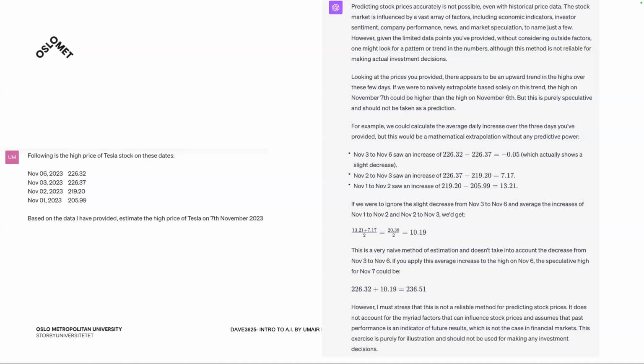The way these models understand data very easily is comma separated values. I'm assuming most of you have worked with comma separated values. It's an Excel format, and every field is separated by a comma and so on. These models understand it very well because that's the base for most of the things you do inside the Python programming language. That's one way you can just copy paste data. But some models work with files. ChatGPT now works with files, but other models don't work with files.